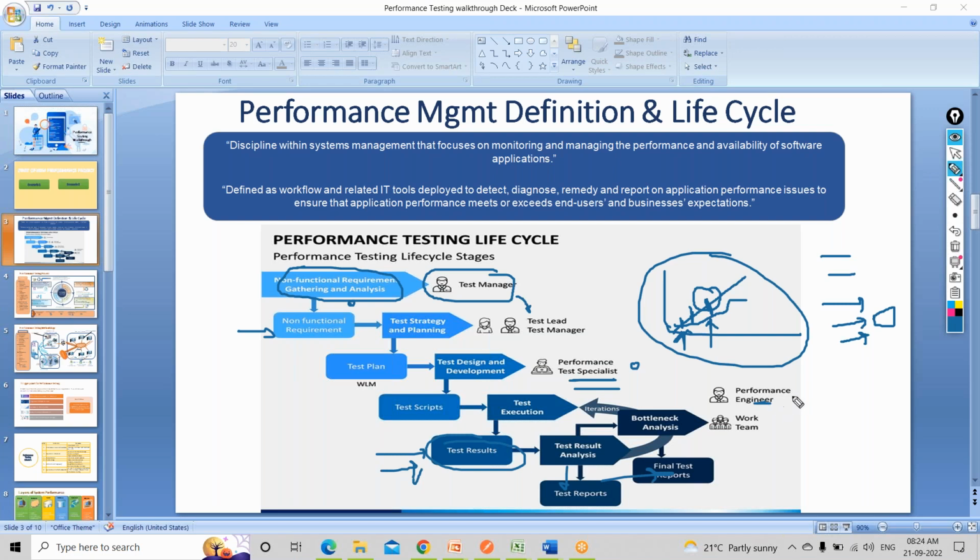And when you see the error logs in Dynatrace, what will happen, one second guys. Okay, in Dynatrace, when an error comes up, for any error you'll see multiple things. You will see the response time errors.